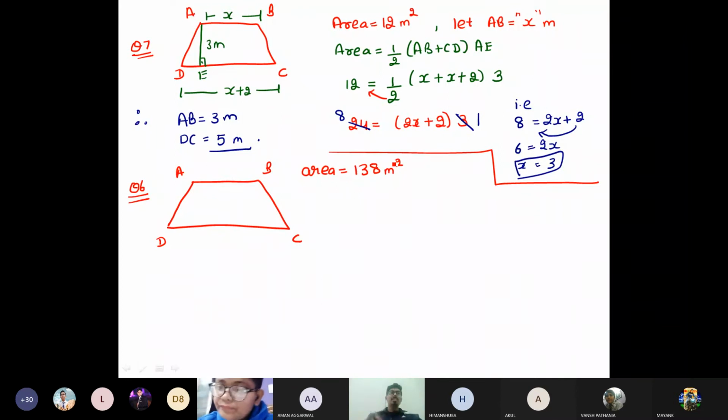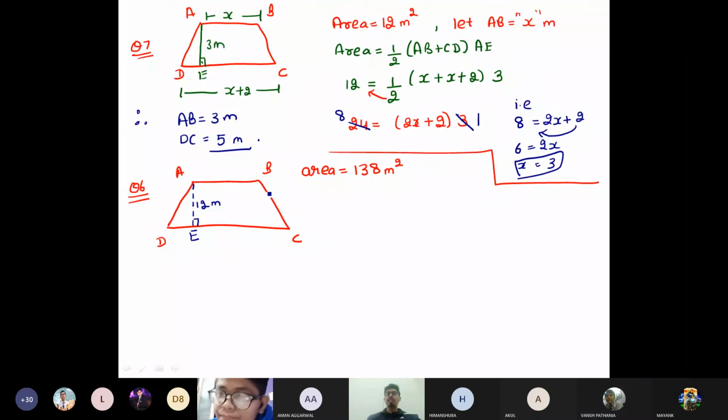What is given? The distance and the difference between the length of the parallel sides are 12 meters. See, the distance between the parallel sides. So can I say that this distance, this altitude is given? Yes or no? This altitude is 12 meters. And one more thing is given.